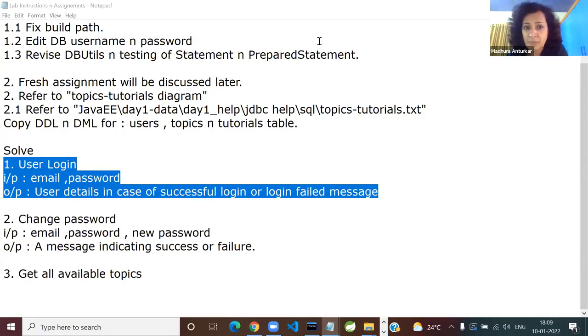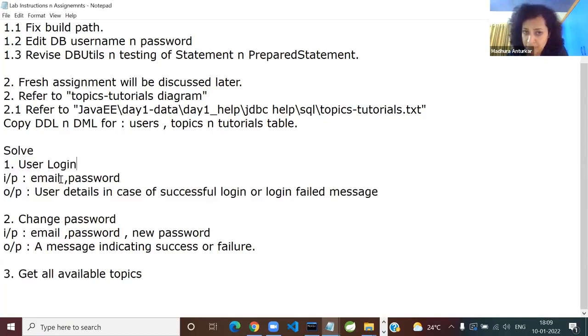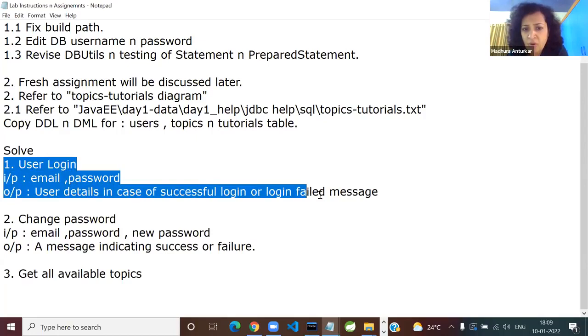Now you have a choice to make. Let me ask you, how are you going to solve this requirement? It is a database, so you have to think in SQL. Which query will you require? DDL, DML, DQL, whatever. Tell me quickly for solving this login. You must have done this elsewhere also. Select query, DQL, right?